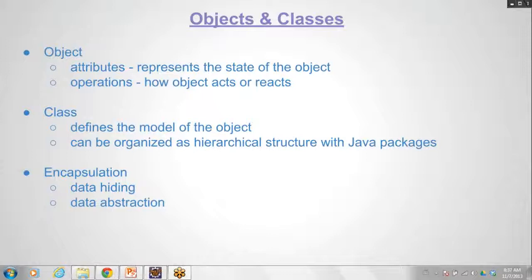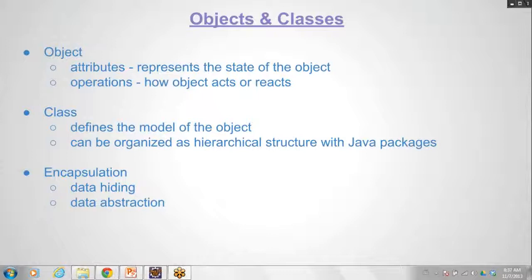So class, what is a class? Class is a blueprint of an object. All objects are created from a class. You will define in the class the structure of the object. What an object should have, the parameters, attributes, and what the object can do, all its operations, you will define in a class.